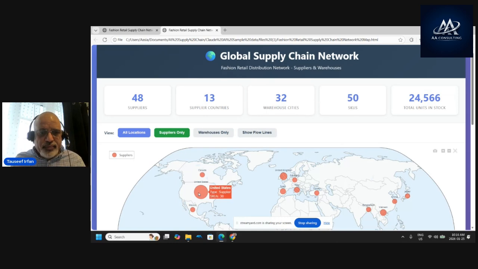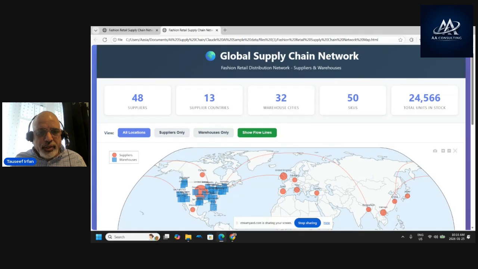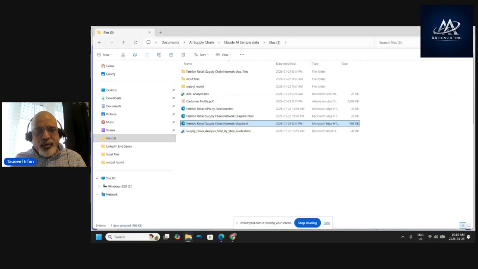So we have these warehouses here. Let's go and see only the warehouses. You see that's the warehouses, and the flow lines. These are the flow lines. Very important. How is it flowing? You need to know if it's a long lead time or a short lead time. As a supply chain professional, you need to know all that. Okay, perfect. You got those two in your head now: the supply chain network, and the overall geographical map. Okay, you got those two. The third one